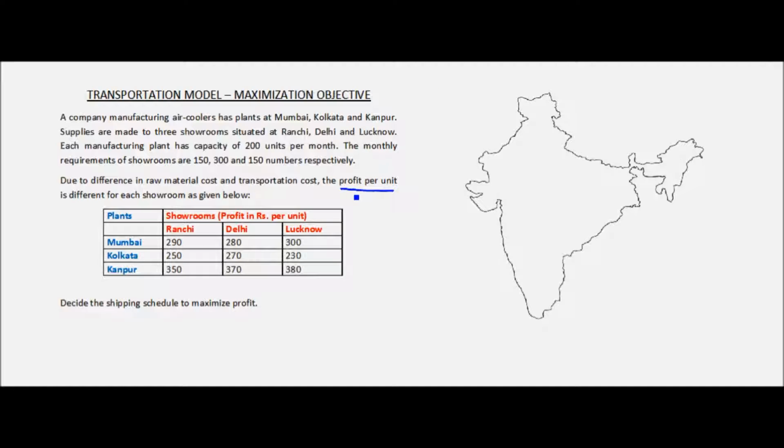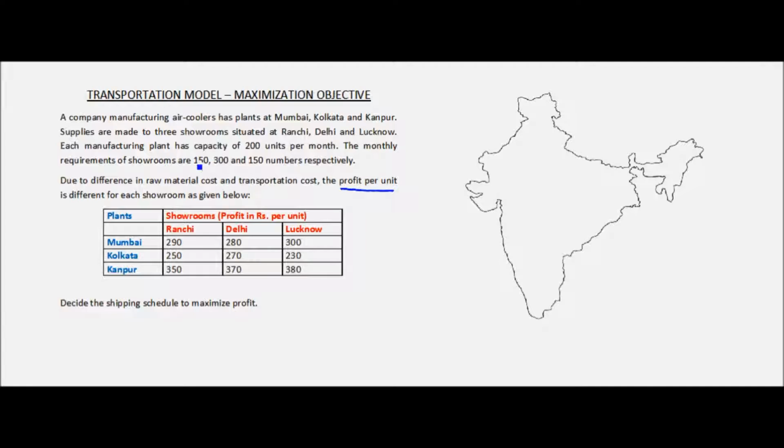Now that is because this is a maximization problem. However, for the minimization problems, we generally have the cost per unit. So profit is to be increased, so maximization, and cost is to be decreased, so cost is related to minimization